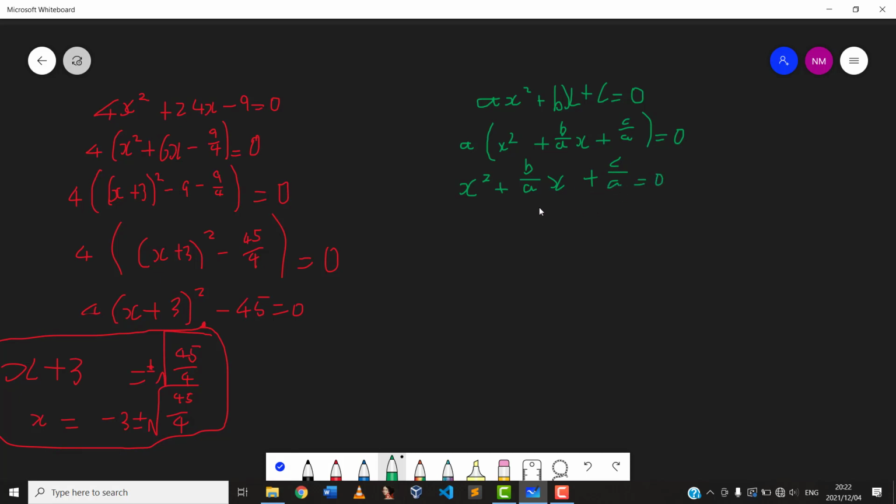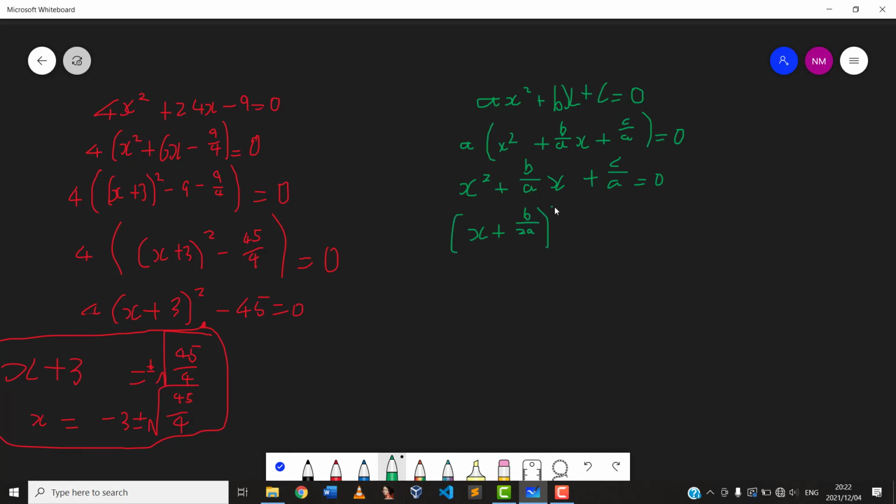And now from here we can start putting it in this form. So x, and then we halve the coefficient of the x term. So x plus b over 2a, because half times b over a is b over 2a,